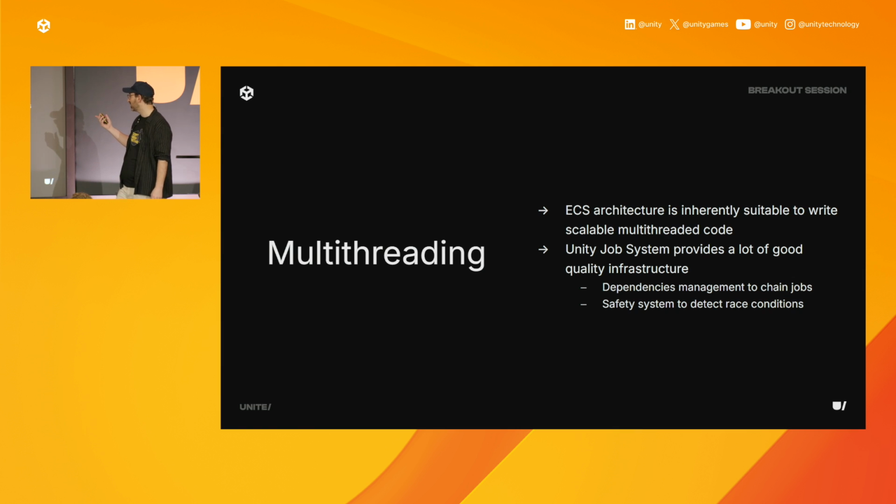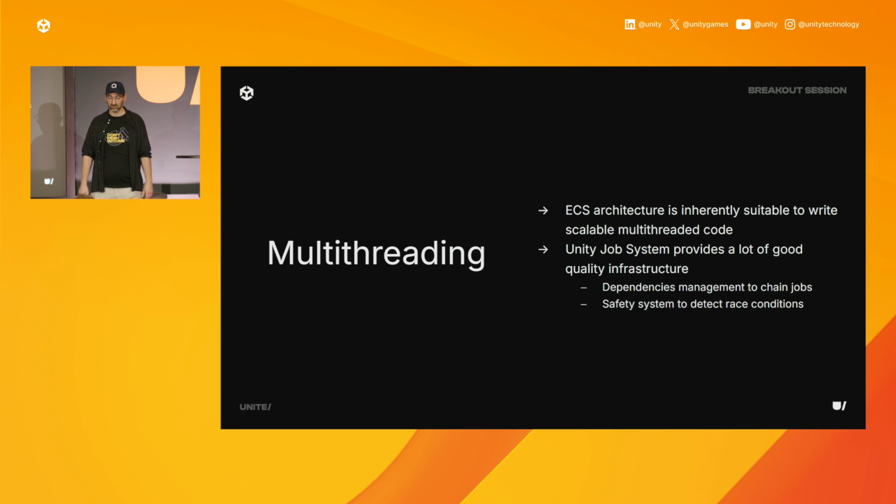So the dependency management helps us to do that. It's the job handlers I was talking about earlier, and it's pretty efficient. It's seen a lot of optimization since it started being developed, and it's in a place where it can be used at quite a large scale. And the safety system, that one is absolutely critical to make sure that you don't, let's say, write in a place that is being read, so the data gets all over the place and you get